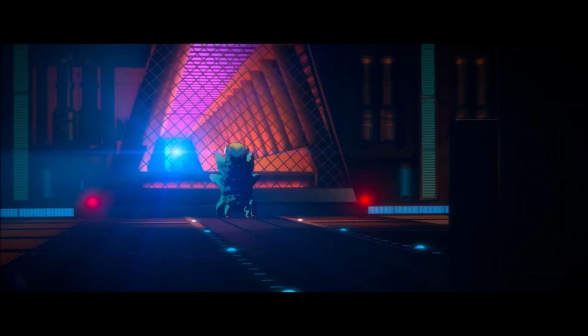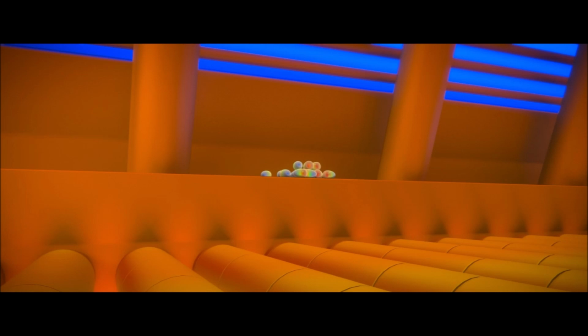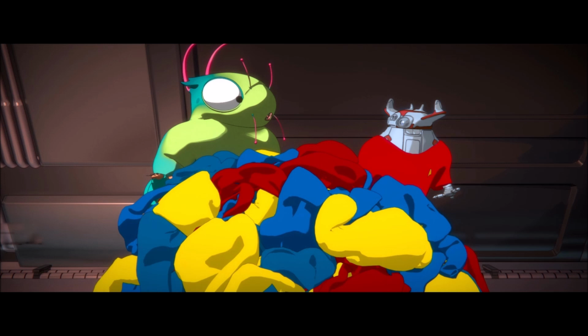I love the idea that sometimes space creatures, like for example the tardigrade, spend time on the ship doing their own thing with nobody noticing. I like the idea of the ship being a home for these eggs for years and years, and now and then this tardigrade just pops back into the life, so to speak, of this robot. But it